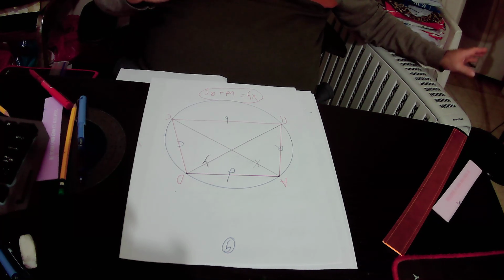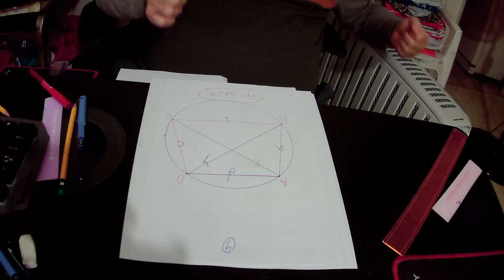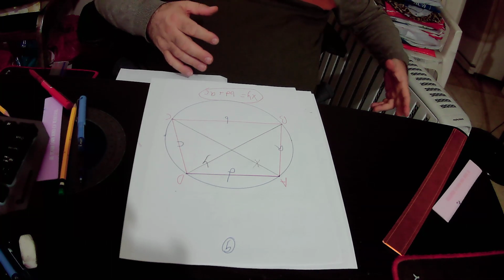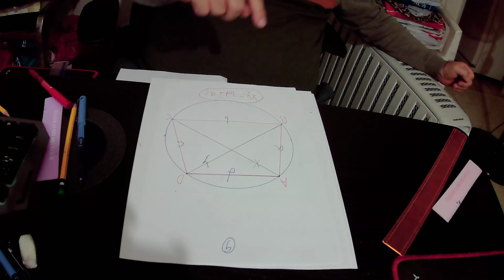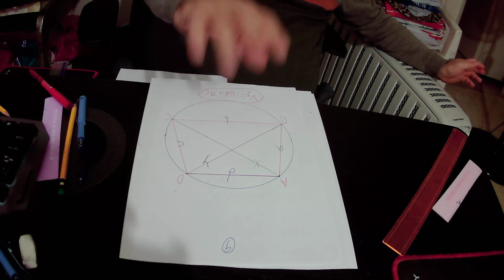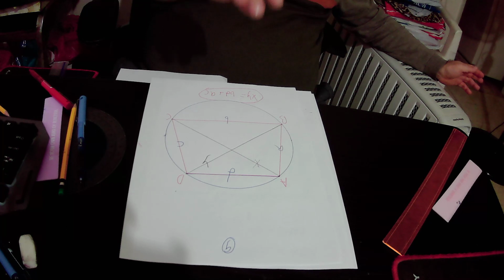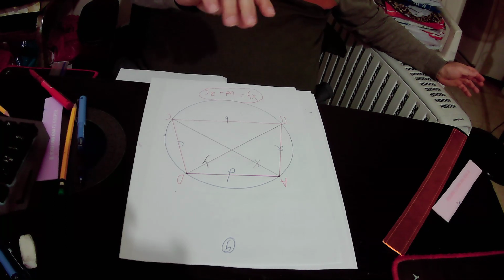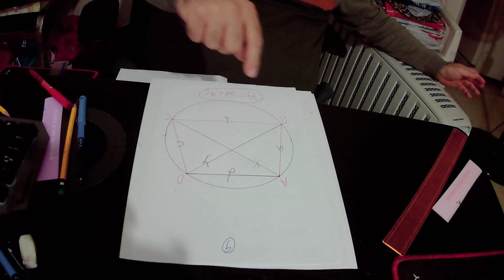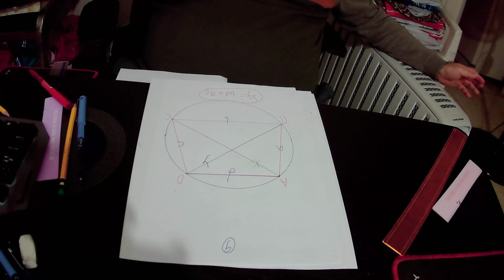So first of all, in order to implement rule number 3, you must have a quadrilateral that is inscribed by a circle, like in this drawing. Quadrilateral ABCD is inscribed by this blue circle, then according to rule